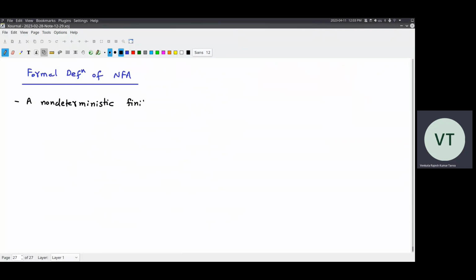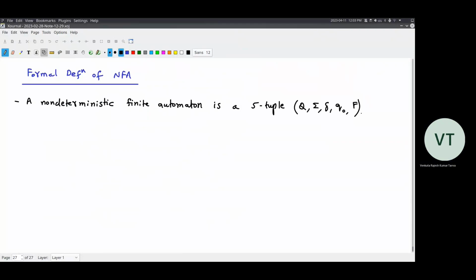A non-deterministic finite automaton is a 5-tuple, with the same 5 elements Q, sigma, delta, q naught and F, where Q is a finite set of states, sigma is a finite alphabet,